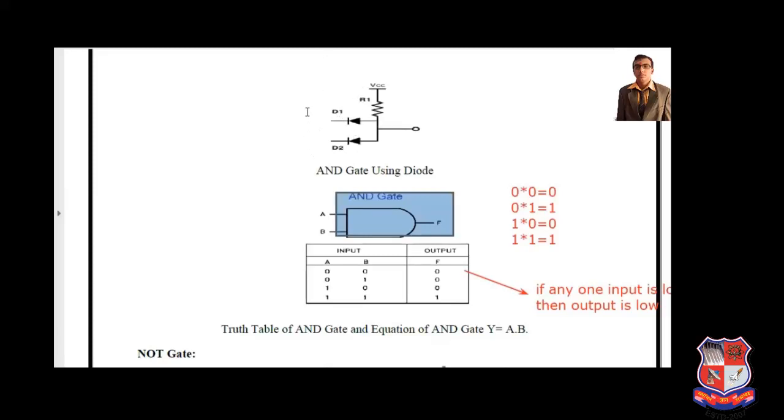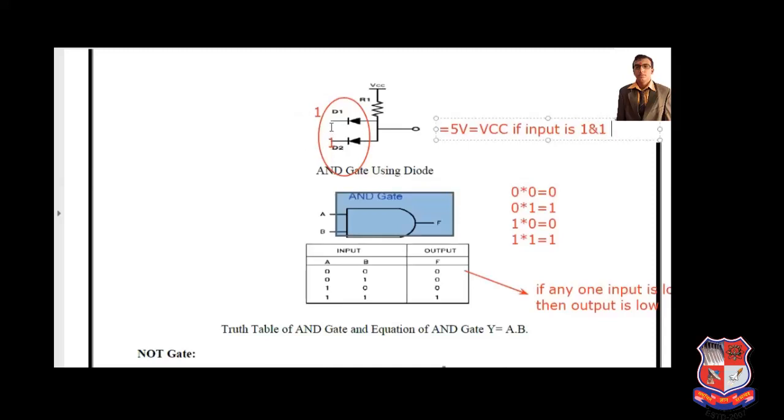Now see this, if we apply one input here, and one input here, now see the scenario is changed. One is applied to the N terminal, so the diode acts as a reverse bias. So the direct supply voltage we get at the output. So VCC equal to 5 volt is at the output if input is 1 1. So it is the correct explanation of AND gate.